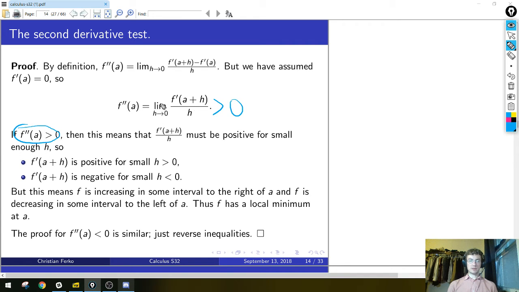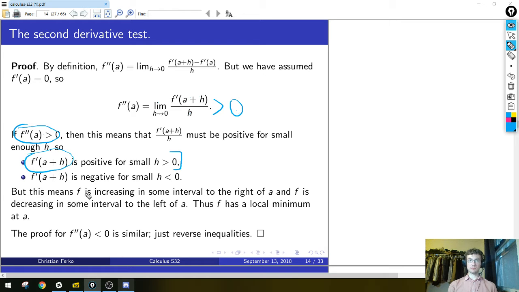Now there's two cases, because as h goes to 0, there's the case where h goes to 0 from above, where h is positive, and there's the case where h goes to 0 from below, where h is negative. The point is that this fraction has to be positive in both of those cases. So in the case where h is going to 0 from above, that's a small positive h. If this fraction is positive and the denominator is positive, then the numerator is also positive, right? Positive divided by positive. So in that case, the derivative f prime at that point, a plus h, must be